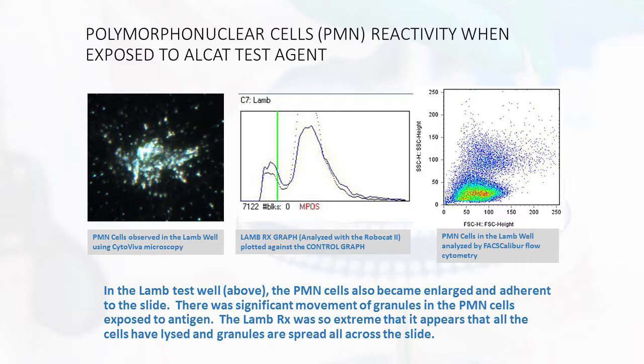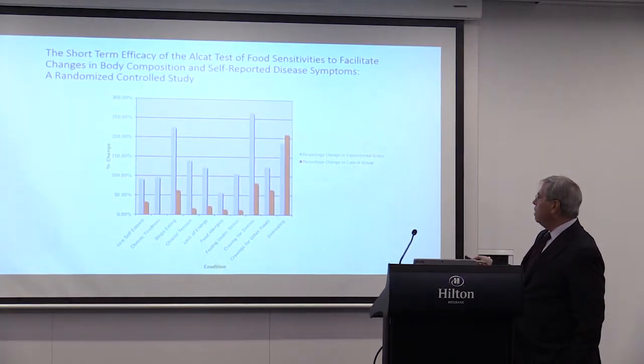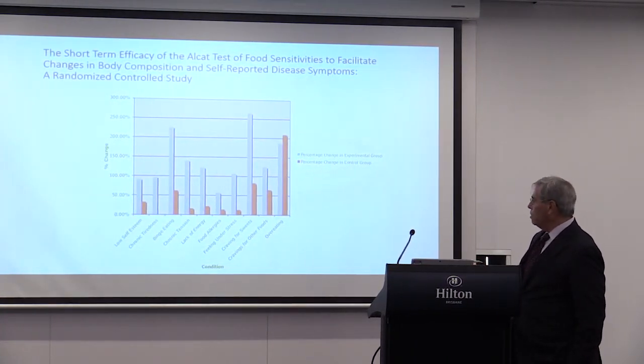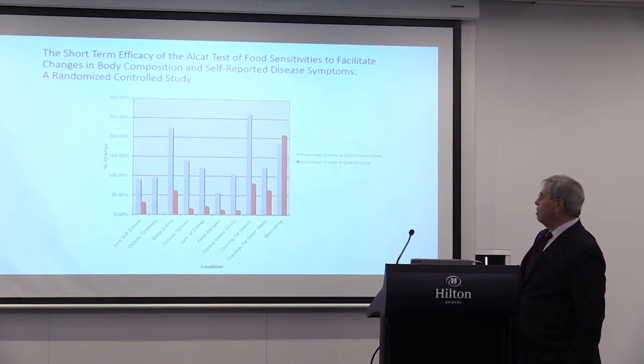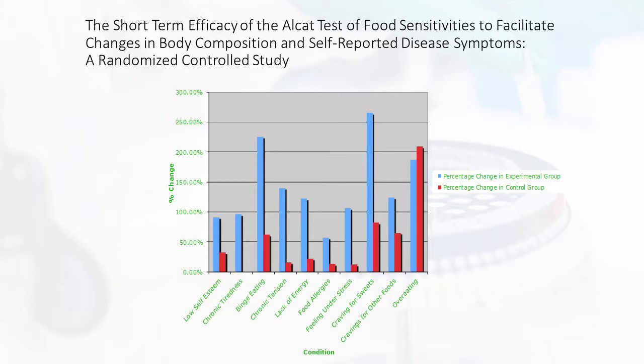So, again, Peter and Mary asked me to talk about when you should order this test. And some of the results from a study done at Baylor looked at a number of different conditions and saw that there was improvement reported by the patient in things like psychological symptoms, tiredness, cravings, tension, fatigue, stress, cravings for sweets, and so on and so forth, arthritis, eczema, respiratory conditions,